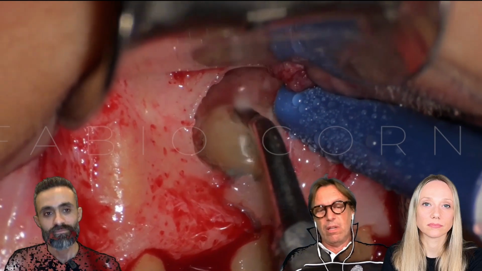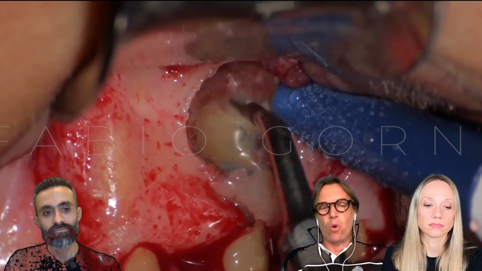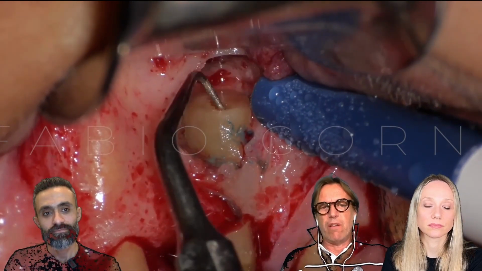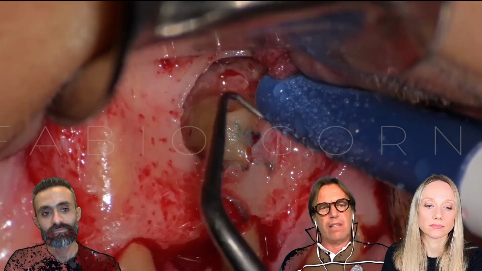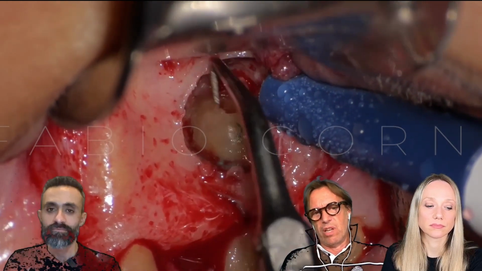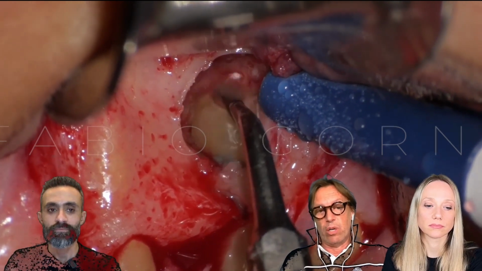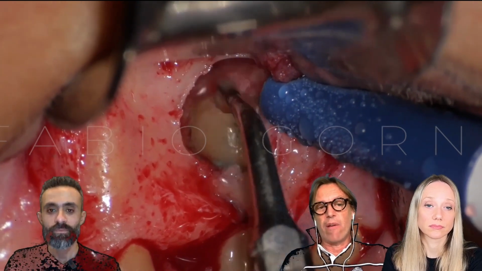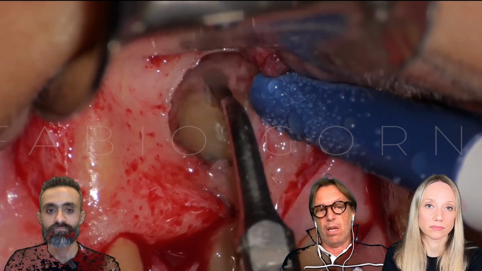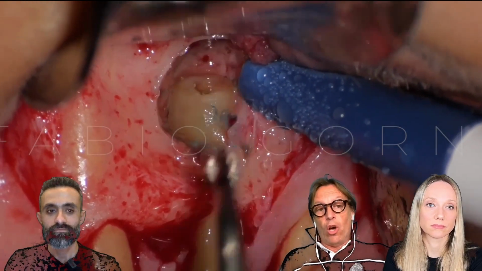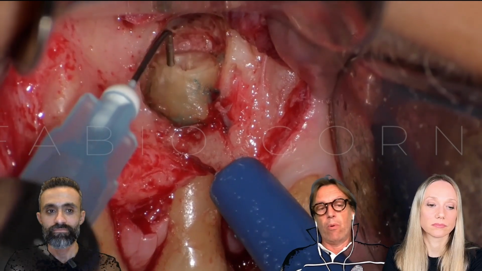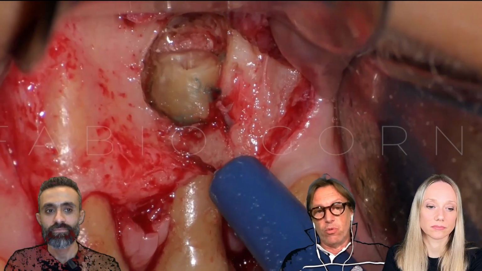So the bevel is important. Maybe 45 degrees doesn't change anything in terms of success rates, but it changes a lot during your surgery, because you can see the anatomy directly, and you don't need to use, for example, a micro mirror to check everything.